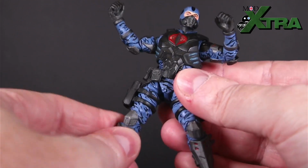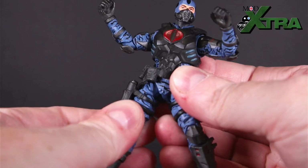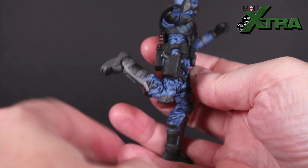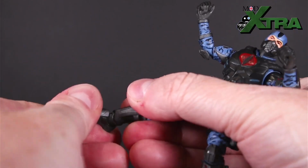And then you've got the movement on the end of the ball at the hip, and then a thigh cut in there as well, so loads of movement at the top of the hips there. Got your pinless double knee, that'll get you up to there. And then you've got the hinge and rocker here at the ankle, but the movement in that is very tight